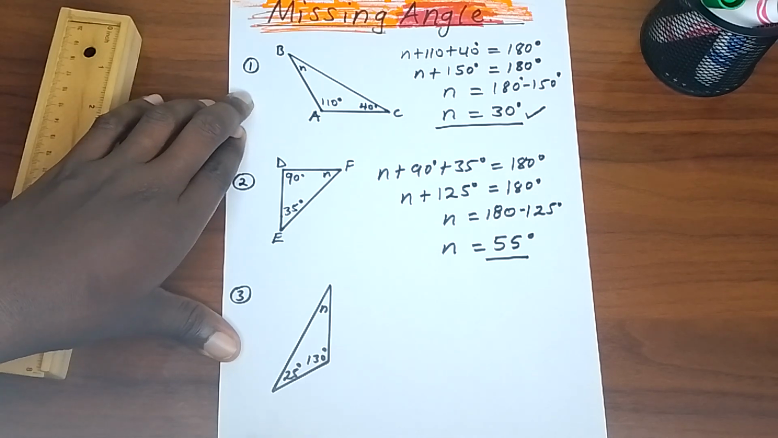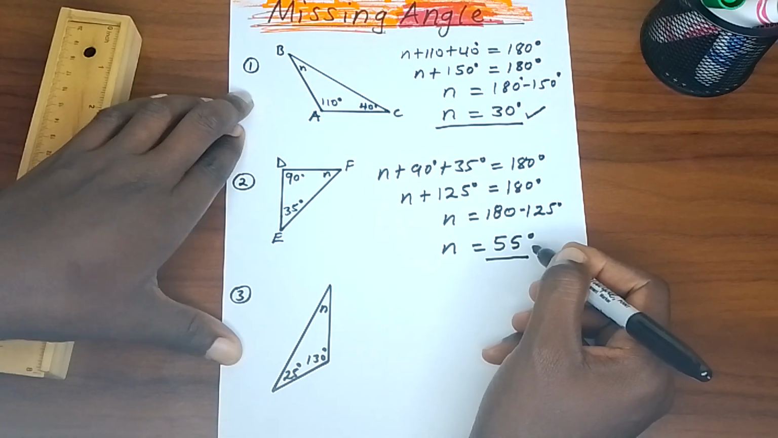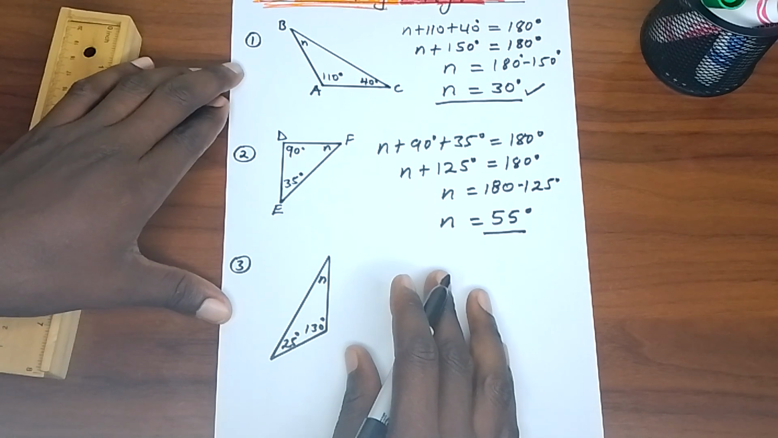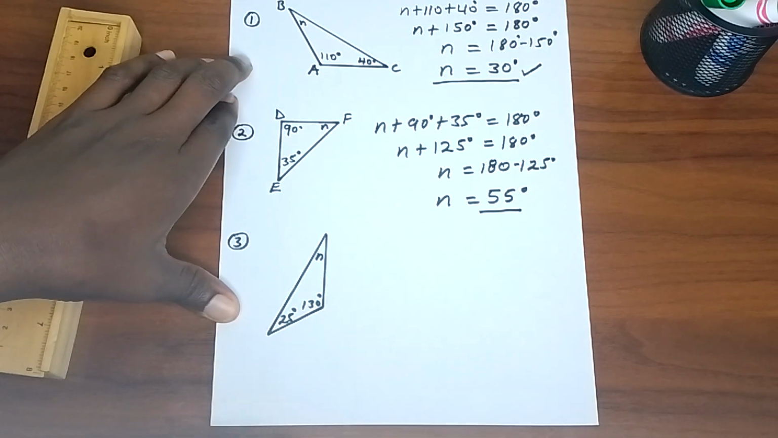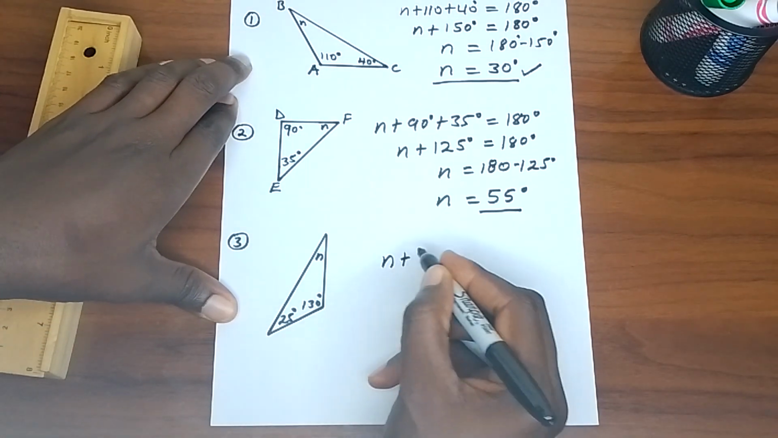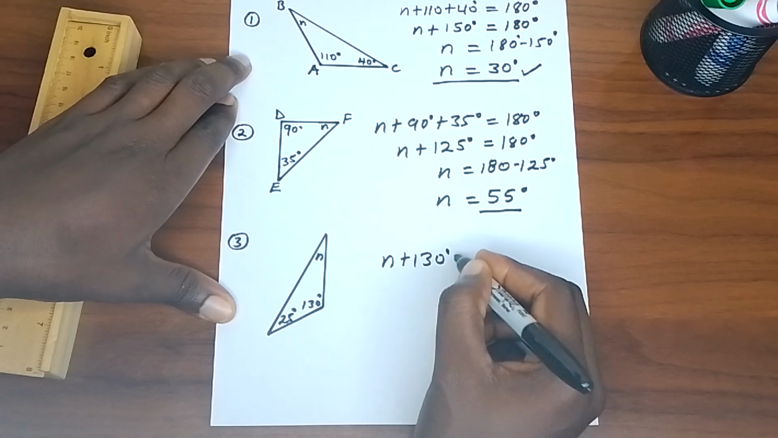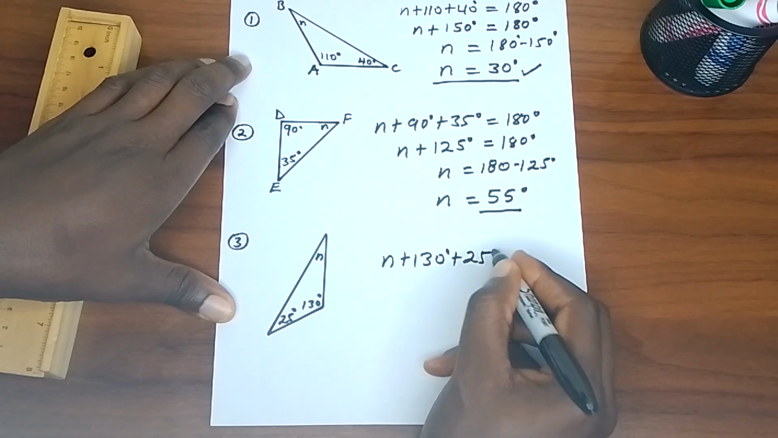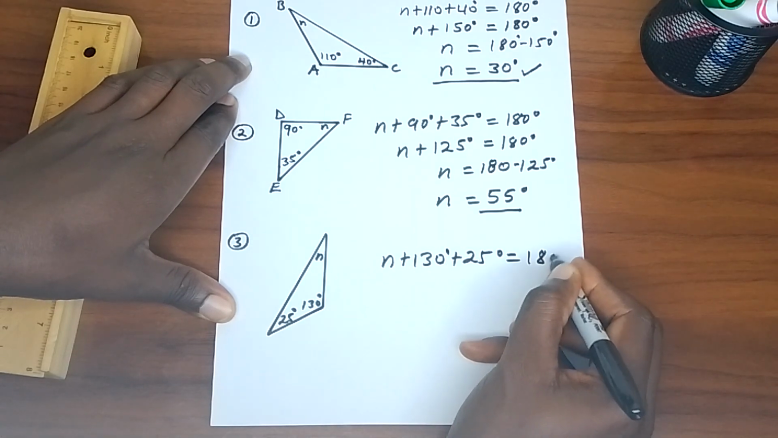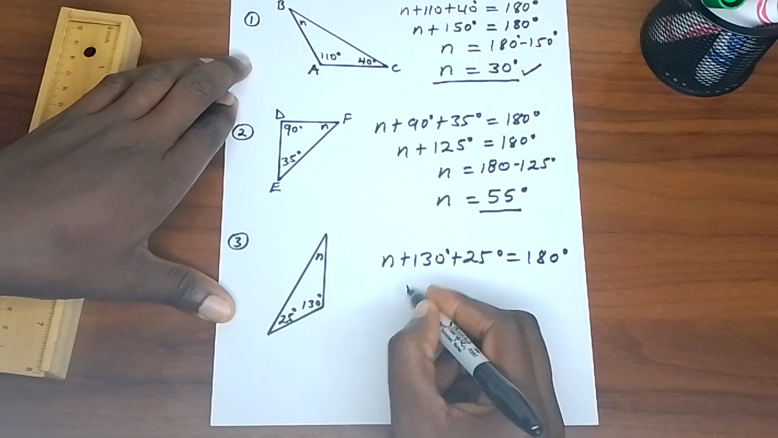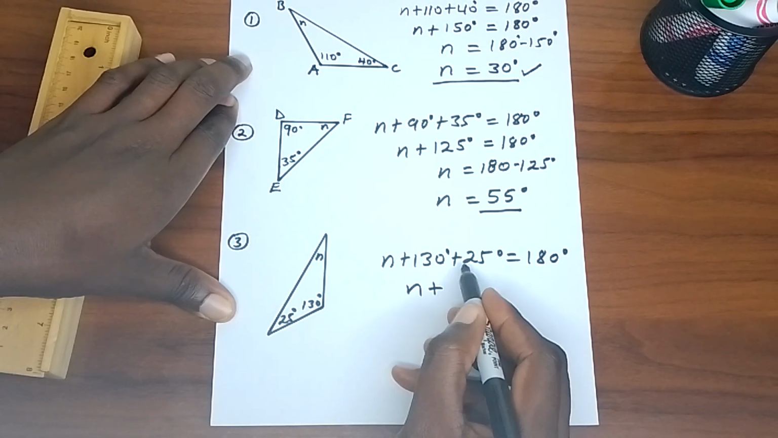So we can continue to the next example and still do the same thing. n plus 130 degrees plus 25 degrees is equal to 180 degrees. So n plus 130 plus 25